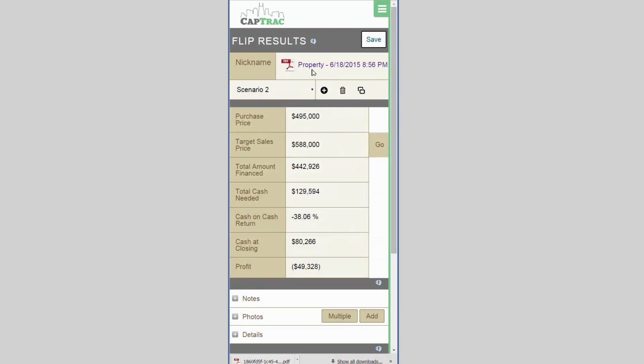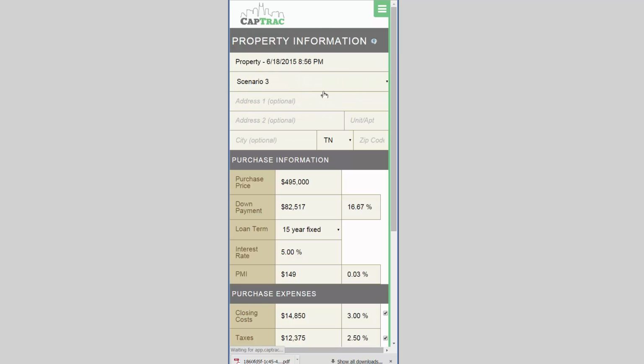You can add scenarios on the results screen for a property and transaction type. Complete the entry of the details for the first transaction for a property. Then click this plus sign. This creates the next scenario and will use all of your previous scenarios' values as a starting point. The new scenario opens on the property information screen, where you can simply review each value and setting to begin